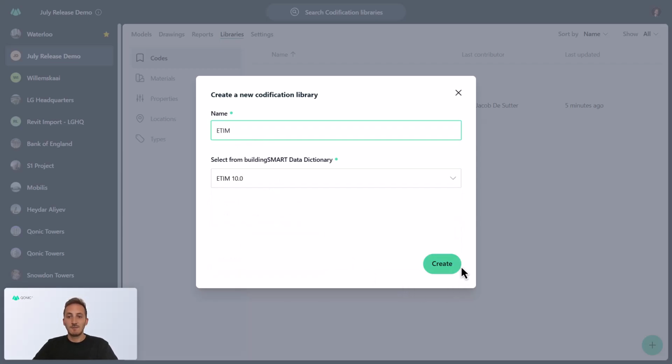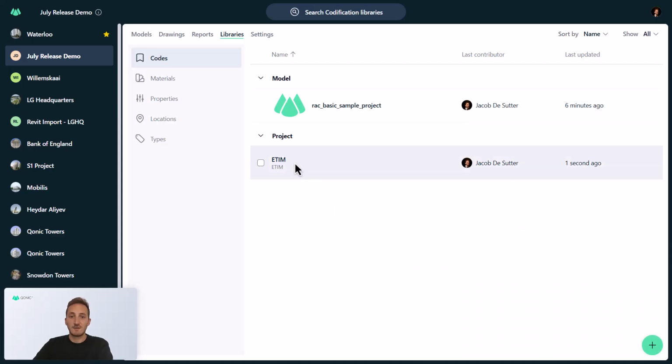I'll name it ATEM. And actually this list of systems here is always updated live. So if there's a change, if a new system is added to the BSDD, you will automatically see this appear in Conic as well. So once I've imported this library into my project, I can start using it across my models. So for example, when I go back to this sample project here, the sample model,